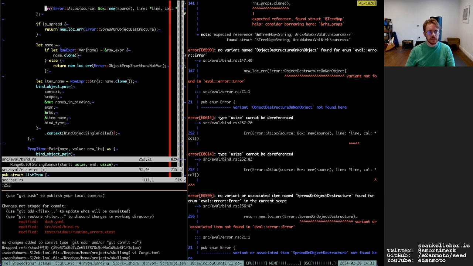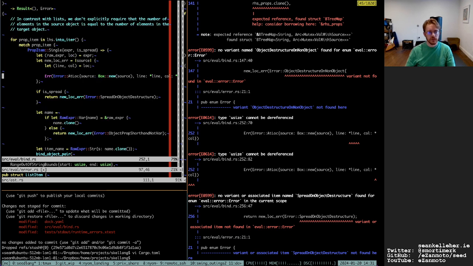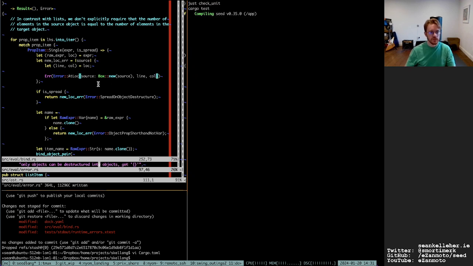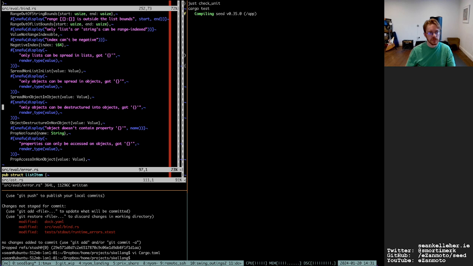Use size cannot be dereferenced. So can I do that, I guess? And spread on object destructure.